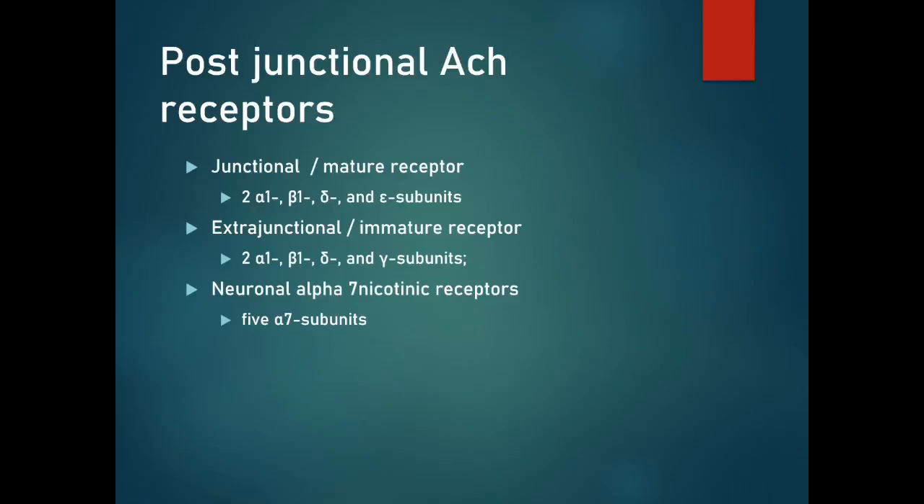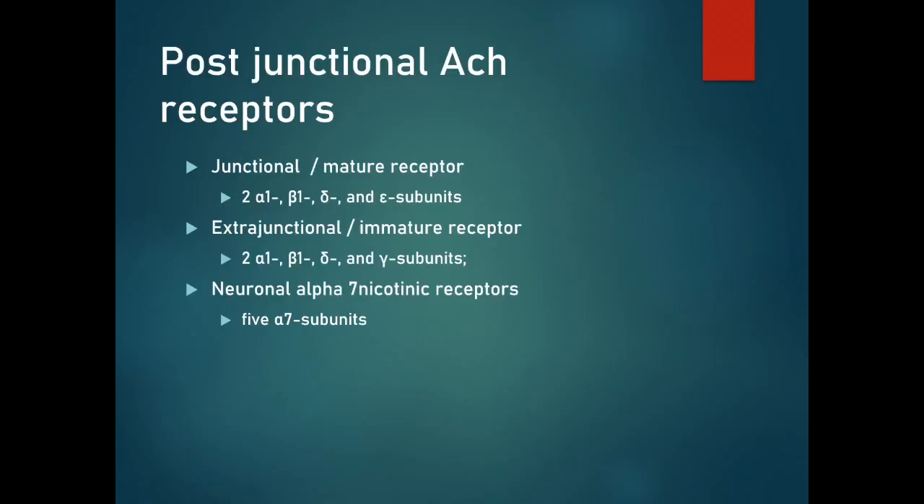Now, we are much more bothered about the post-junctional acetylcholine receptors. There are 3 different types of acetylcholine receptors. One is the junctional or the mature receptors, which are concentrated more. There are extra-junctional receptors or the immature receptors, and the neuronal alpha 7 nicotinic receptors. So in short, the junctional or the mature receptors are the receptors which we are going to concentrate on as far as the neuromuscular blockade is concerned, and the next thing is going to be the